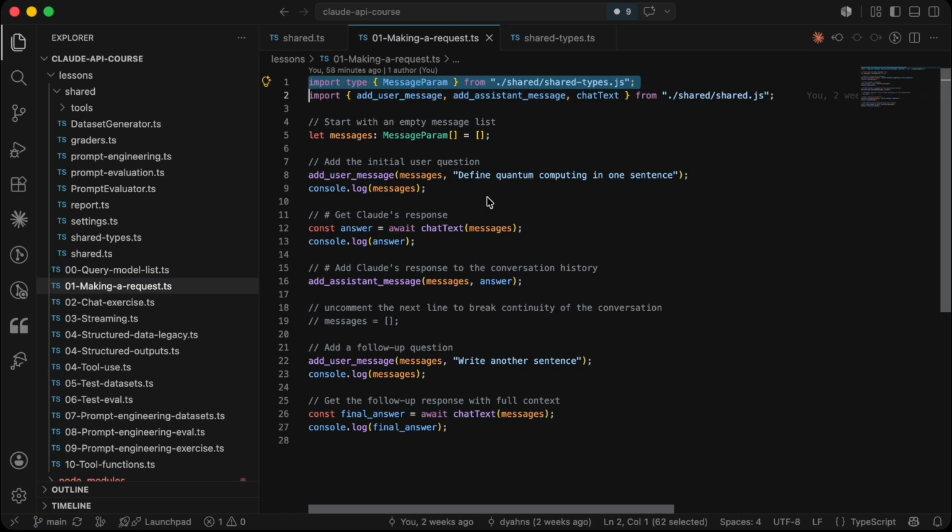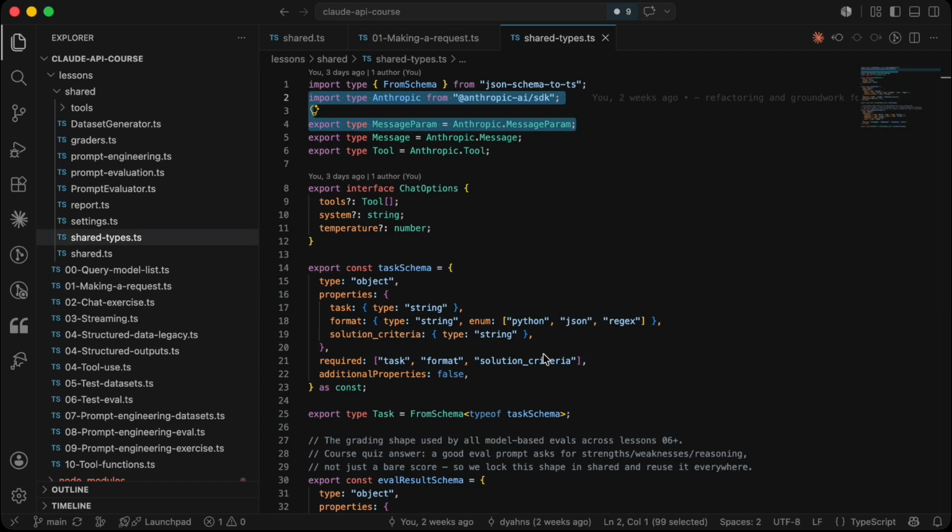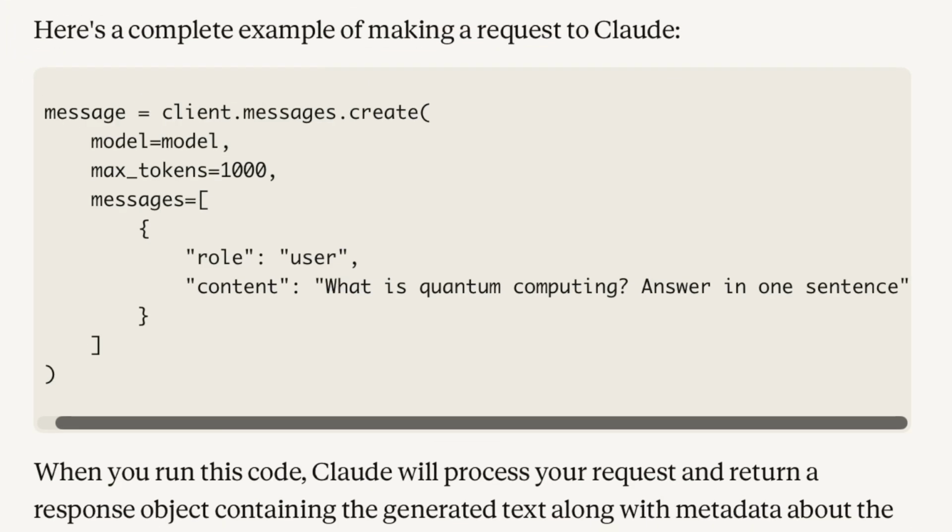We import MessageParam type from shared types.ts, but we didn't invent it, it's just a re-export of the type defined in Anthropic's SDK. The official course describes a message as an object with two attributes: role, which can be either user or assistant, and content being a plain string. That might be good enough for this lesson, where we only exchange simple text messages.